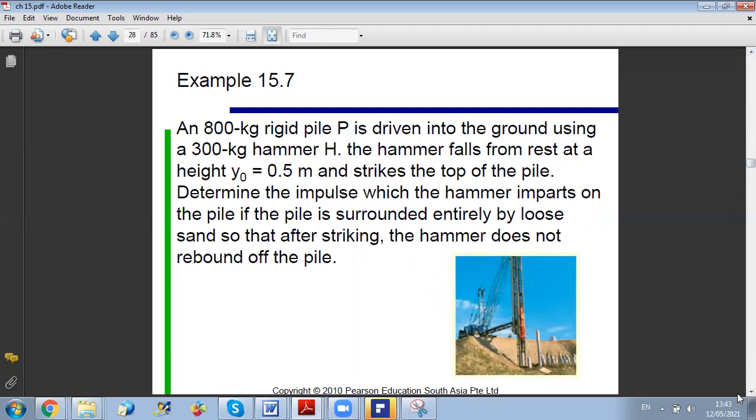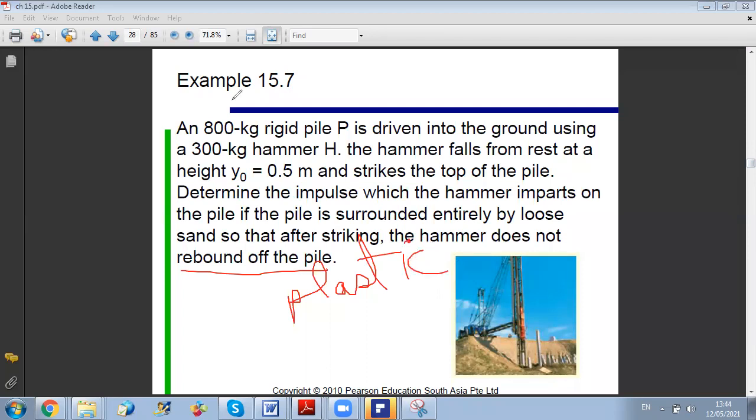Okay, so now they told us that the hammer will not rebound off. What does it mean that it will not rebound? It means they will become one body. So it's a plastic collision. This sentence is also equivalent to saying they couple together. Or they can say also sometimes it's a plastic collision. Okay,